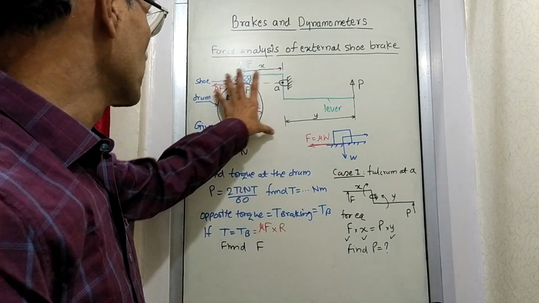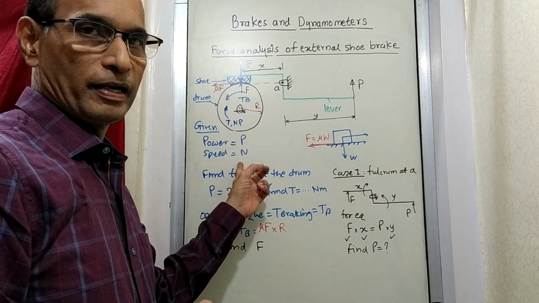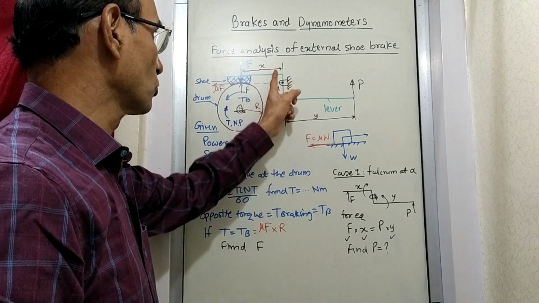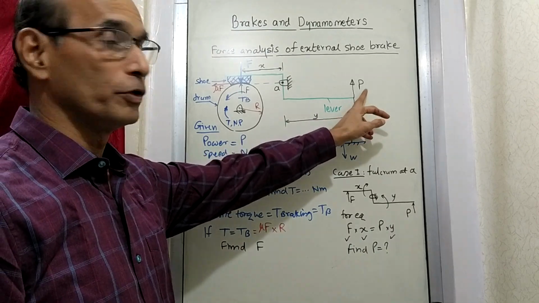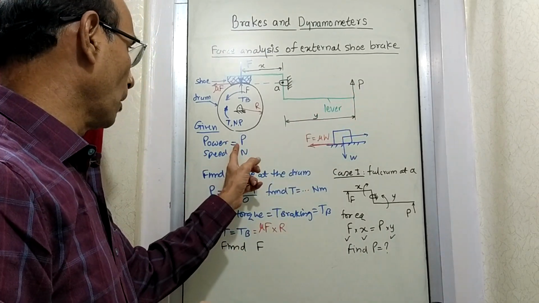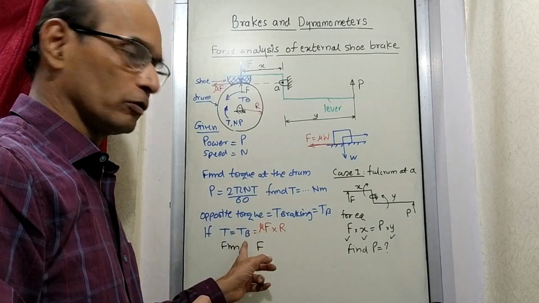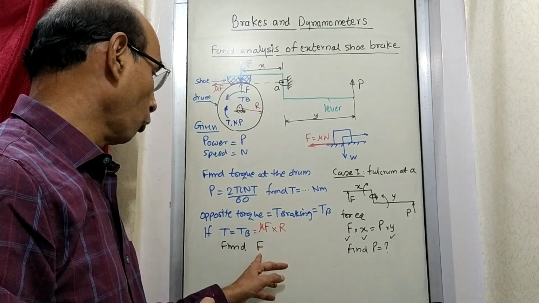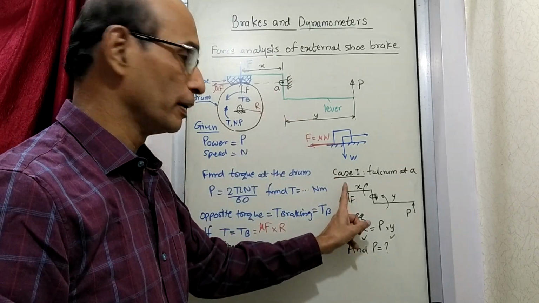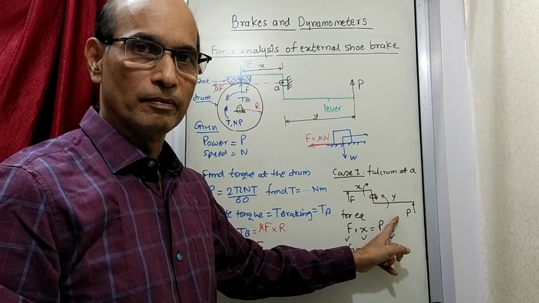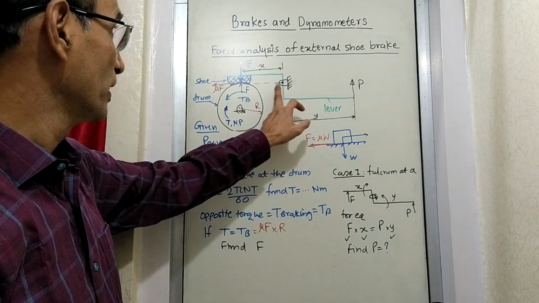So if you are given a situation like this, there is a shoe brake, there is power available at a drum rotating at so and so speed, and there is a lever with lever arms at distances like this. The problem says, how much effort you are supposed to apply here so that you can absorb a power P at a drum rotating at n RPM. You solve it like this: find the braking torque, which gives you the vertical force F. That F is the force applied on the lever, so that the lever is in equilibrium when you apply effort P, and that gives you the value of P. So this is the first case, when the lever is here.